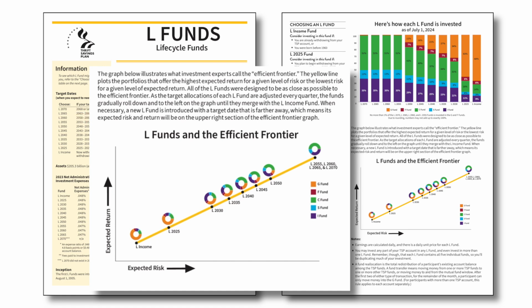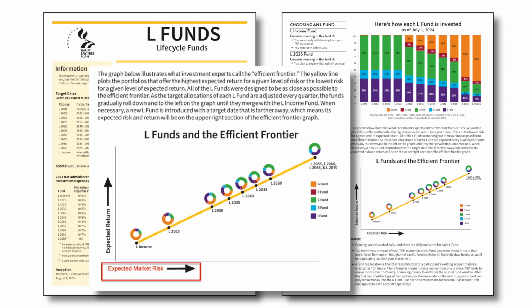So I'm an investment expert, and I can tell you that efficient frontier graphs should never be linear like this, because it implies that every incremental unit of risk yields the same amount of return, which is never the case. And second, I think TSP should have defined what type of risk is being graphed on the x-axis. In this case, it's obvious to me they are graphing expected market risk or variance, because as we move up and out on the graph, the allocation to stocks increases.